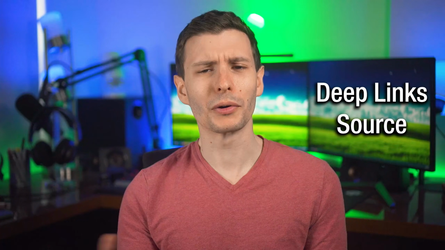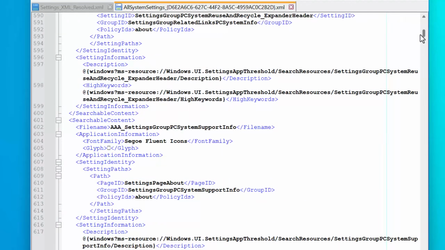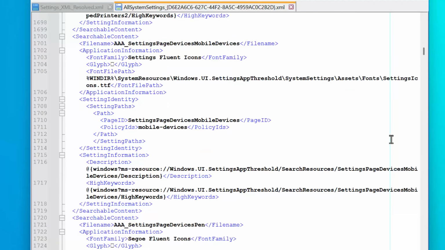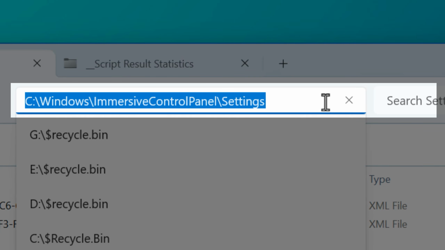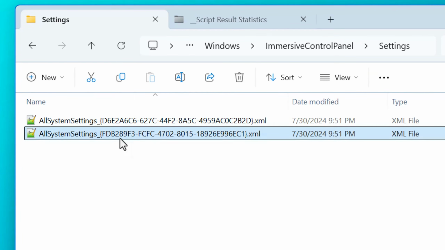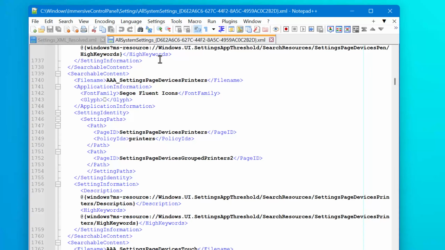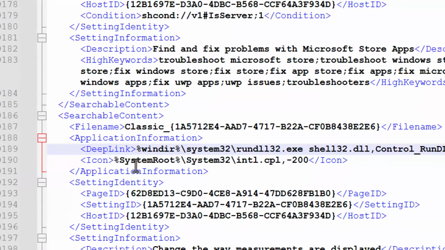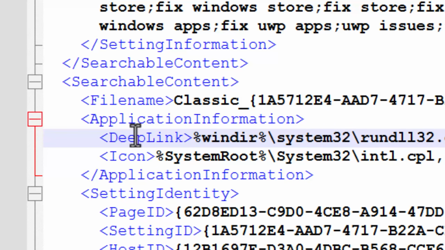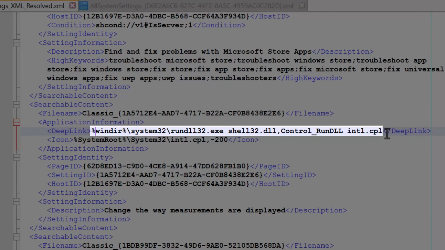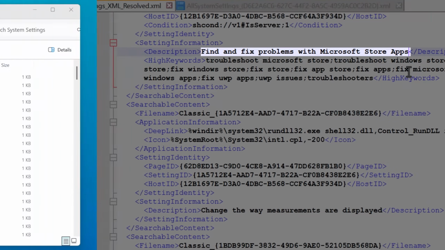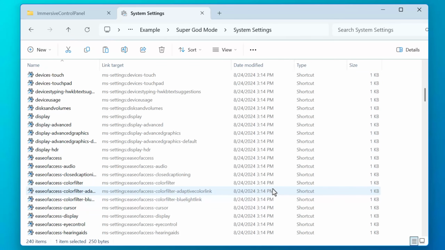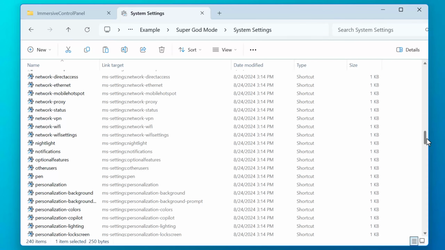For the deep links, these are sort of similar to the task links. The deep links are also stored in XML somewhere, but it's a lot easier to access than that. If you go into C:\Windows\ImmersiveControlPanel\settings, you'll see a couple XML files that are pretty similar in what they have inside. And again, this has localized strings, so we'll look at the resolved version that the script creates. And then you can see that there are these properties for many entries called deep link, which are basically just commands. And then elsewhere in each entry, it has info about what that's for, and that's where I got these from.